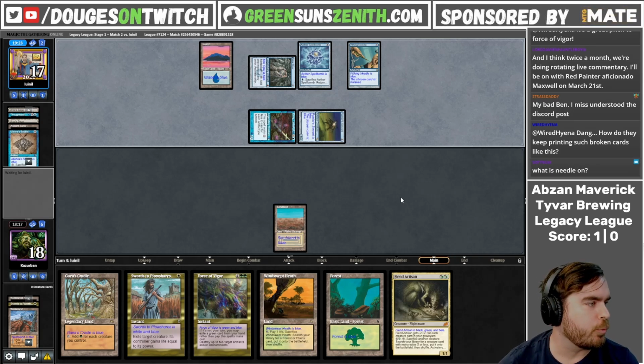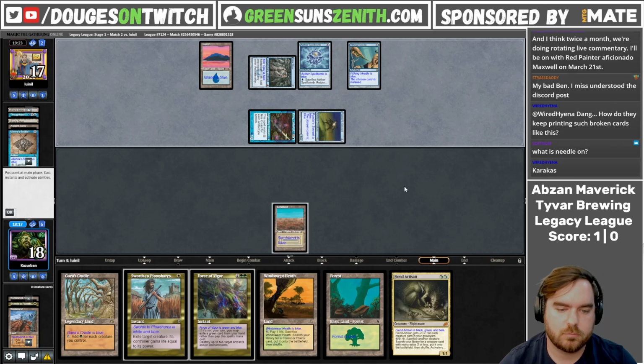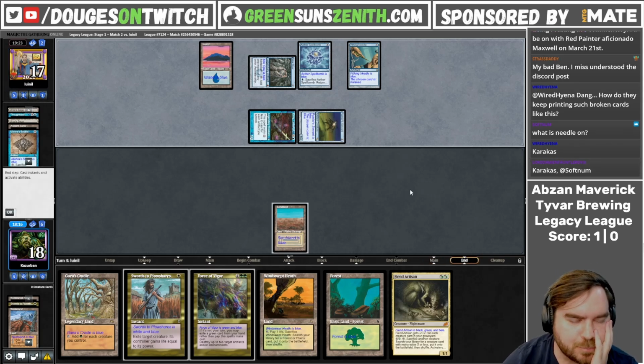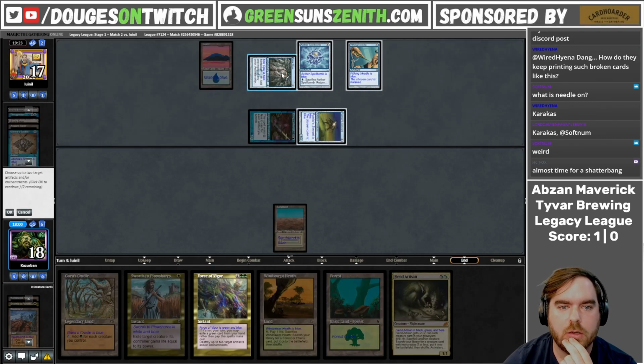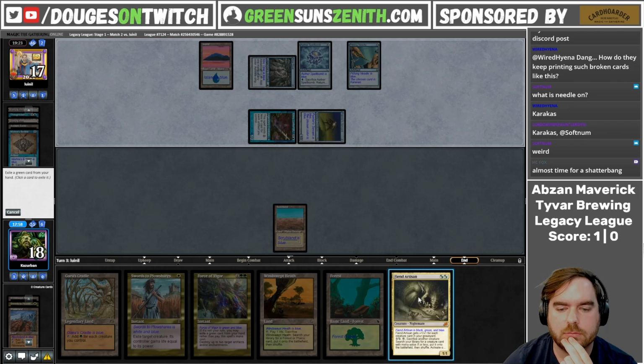Needle is on Caracas. Okay. I have 2 cards left. I kind of just want to go for their mana. I wouldn't mind doing that. A little bit more aggressive, but...